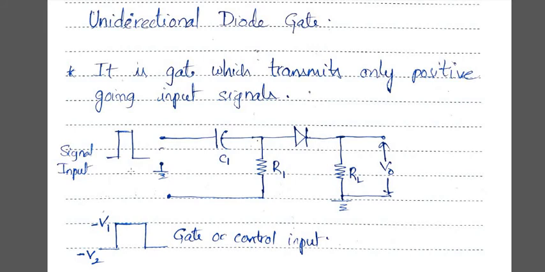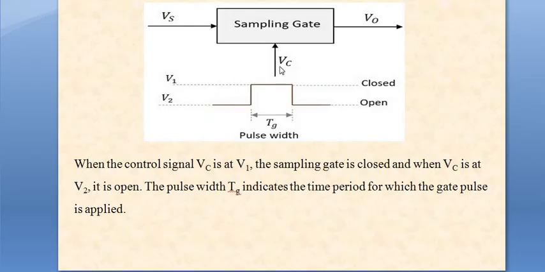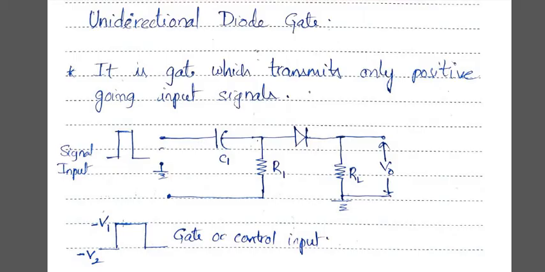The gate signal is a rectangular waveform that makes you transmit the signal between the voltages V1 and V2. I hope you remember, this pulse is nothing but your control pulse. We have seen this VC in the particular part earlier. This is what we call VC here. It is called a control pulse or a selector pulse, or also an enabling pulse.